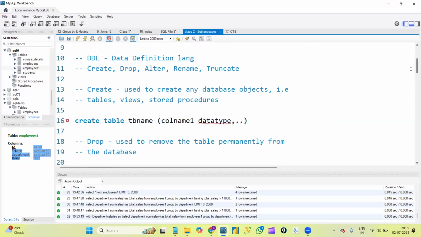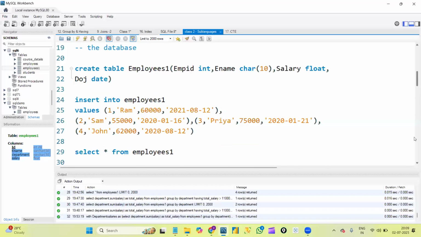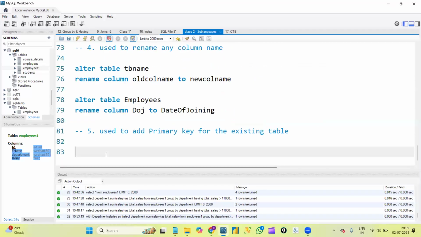Divya. Perfect. Next, we have the rename command. We have 2 more commands in DDL, rename and truncate. Let's first see about the rename command. By the name itself, we can understand that rename is nothing but used to change the name